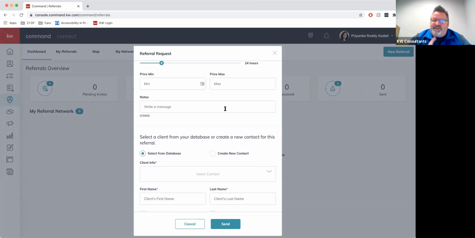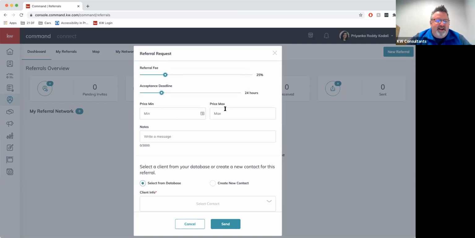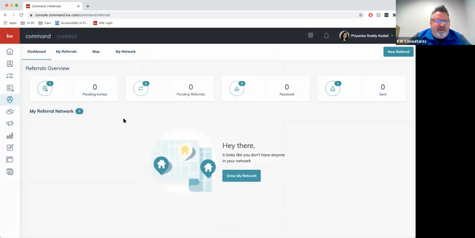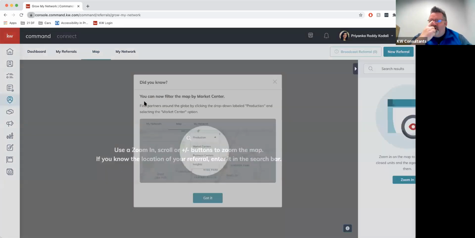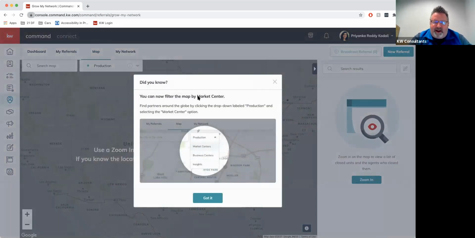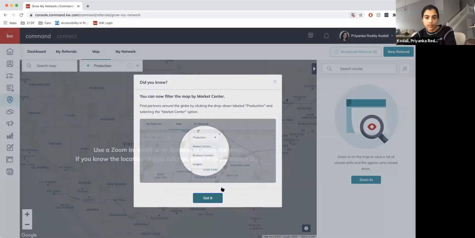There's something else I want to show you here. This was something I found that's really cool, and a lot of agents have appreciated this. Go ahead and cancel that window if you would, Priyanka. What I want to show you is the map option up there. I show this especially, do you know you can filter by